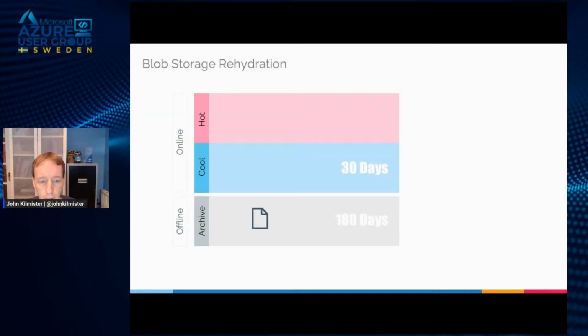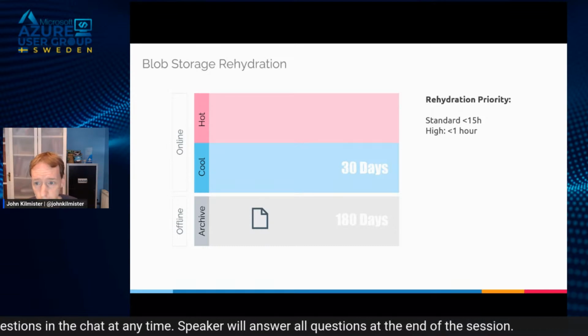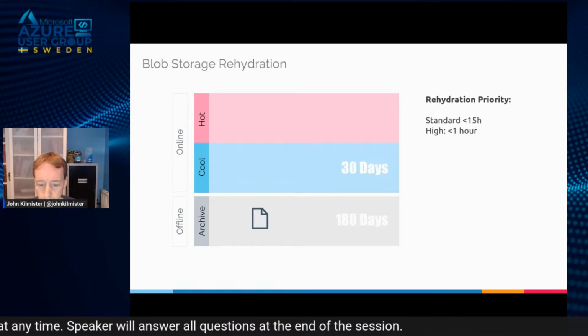So we briefly mentioned archive files needing to be accessed. So how do I go about getting that file back out of archive in order to read it? Well, that is through what we call the rehydration process. And you can start this rehydration process in either standard or high priority. If we say standard, it will take anywhere up to 15 hours in order to then get access to your file. And that can vary. Sometimes I've had it that it's actually really quick, and other times it's taken the full 15 hours.